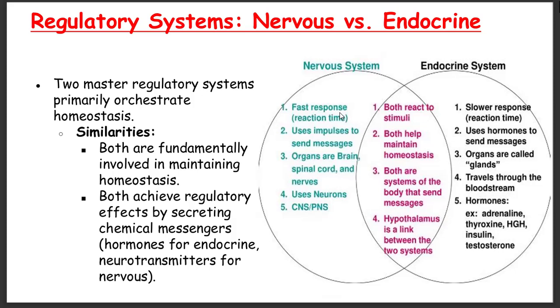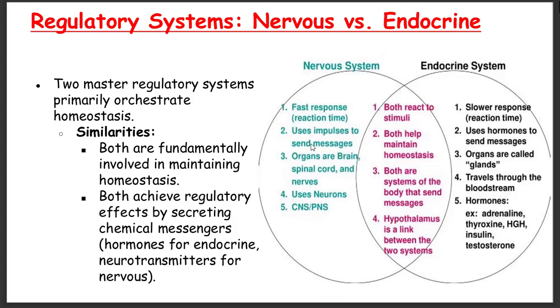So do something fast. And you're going to find that the reaction time is very slow in the endocrine system as compared to the nervous system, because a hormone is supposed to be secreted and has to reach the effector organ. So you're going to find that the reaction time is longer as compared to the nervous system.